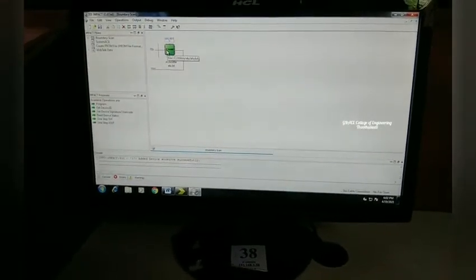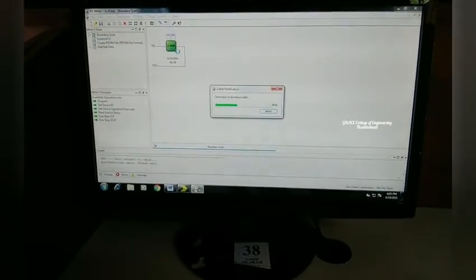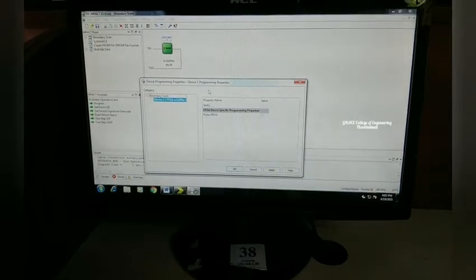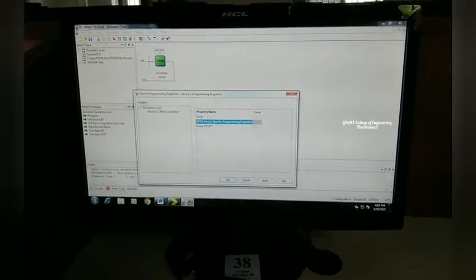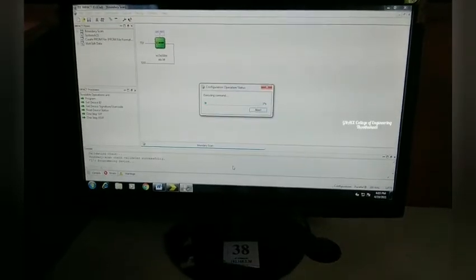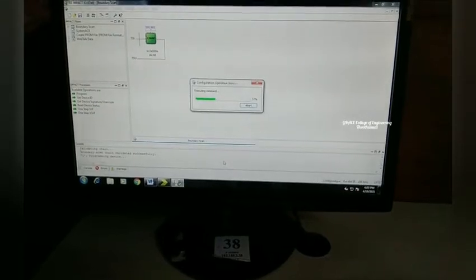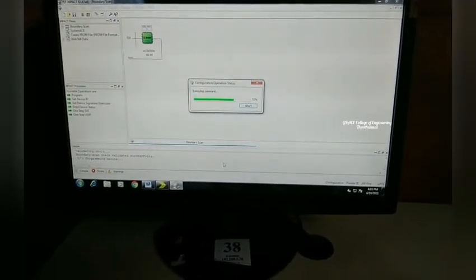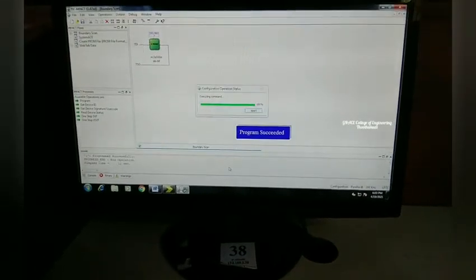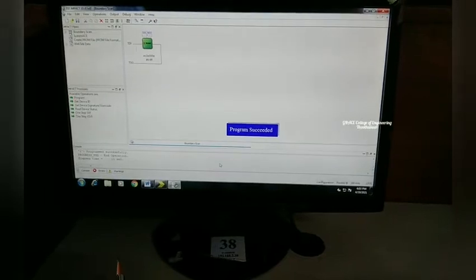Highlight the Xilinx device, right click, and choose Program. In the device programming properties, highlight the FPGA device and choose OK. Now our program is downloading to our kit. Yes, once you get this, you can verify the output in our kit.